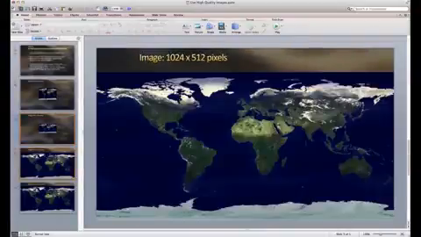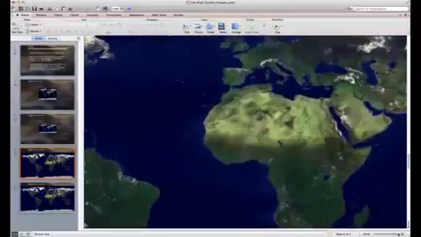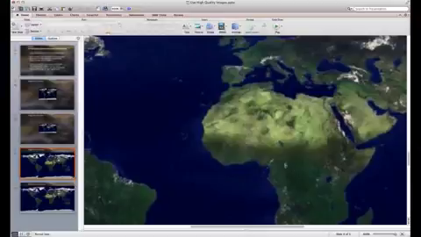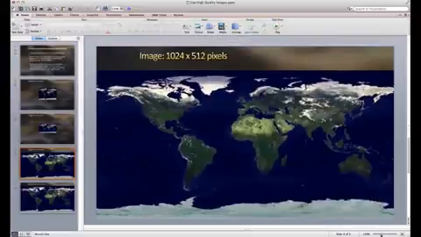Next, we found a similar image that's 1024 by 512 pixels, and that number looks pretty good, at least the 1024. But when we zoom in on this one, we see not quite as much loss of detail, but still blurred and fuzziness in the detail. So even a high number like 1024 by 512 is probably not good enough for what we want